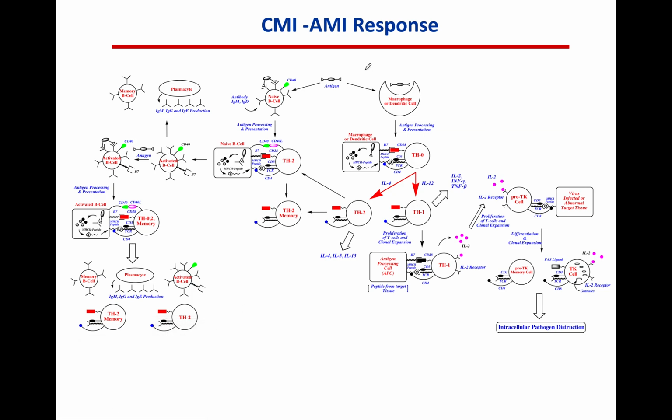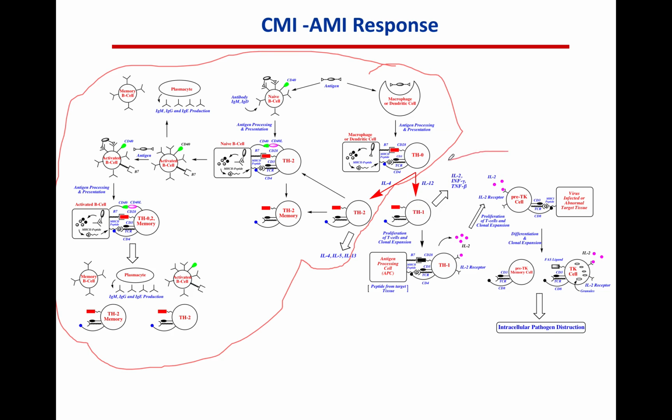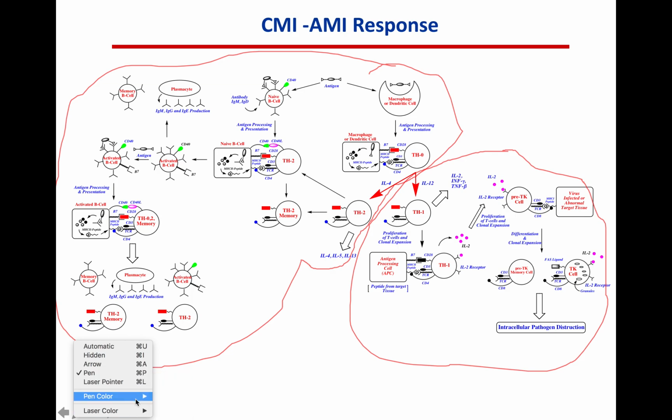what we see here is on this side that we have the AMI response, right? We have this AMI response here. Now, when a Th0 cell also produces Th1 cells, then you get the CMI response, which is here. So that's what we just talked about. So you can see this interaction, the central interaction here. You can see this key interaction here where you get the